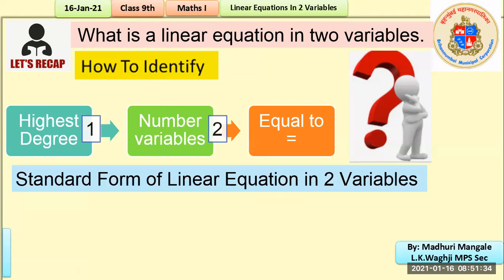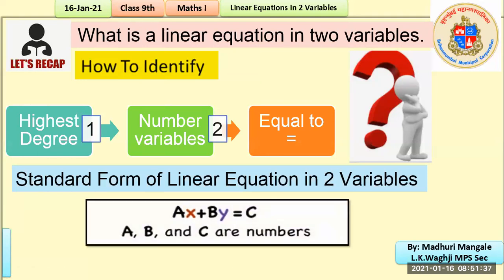Okay, and next we look at standard form of linear equation in two variables. So how does the standard form look like? ax plus by equals to c. This is the standard form of any linear equation where a, b, c are numbers, and a and b won't be equal to 0. Strictly a and b won't be equal to 0. Otherwise, those terms will cancel out, right? We will look at it in detail. So, linear equation in two variables, the standard form is ax plus by equals to c, where a, b, c can be any real numbers, and a and b should not be equal to 0.